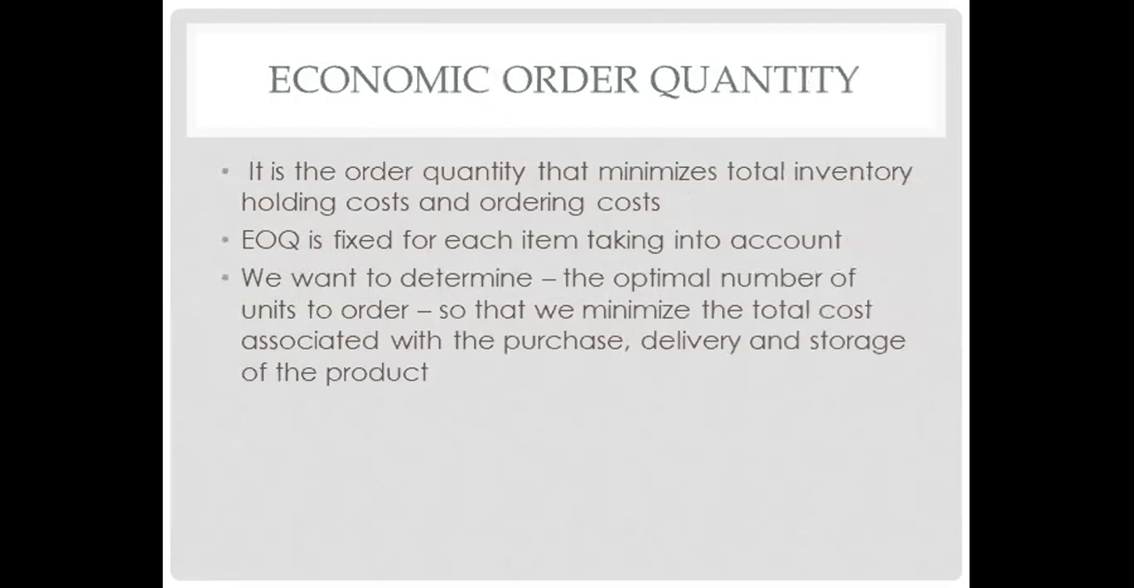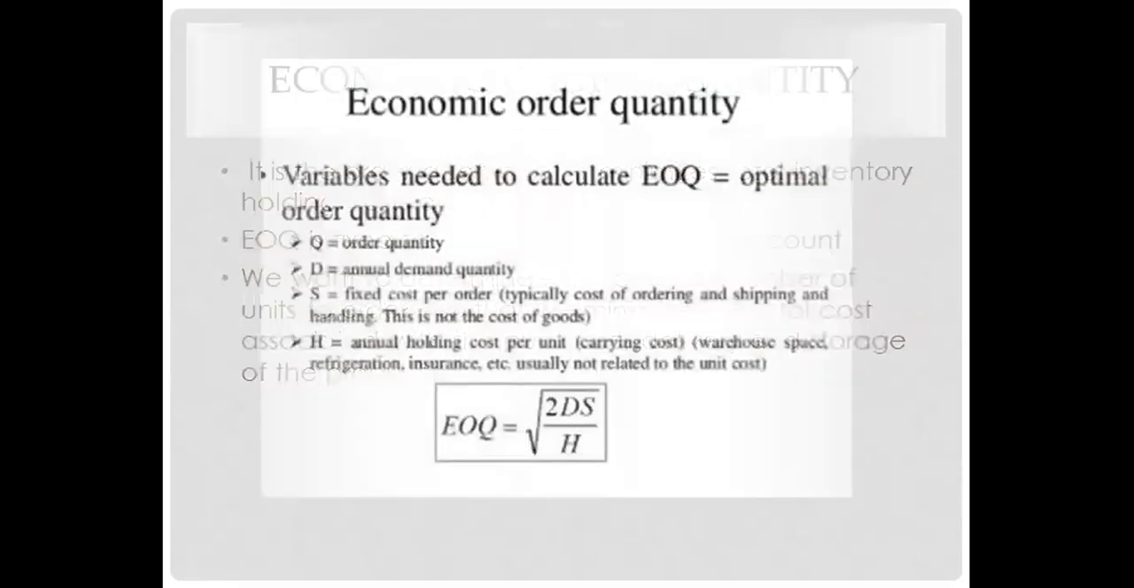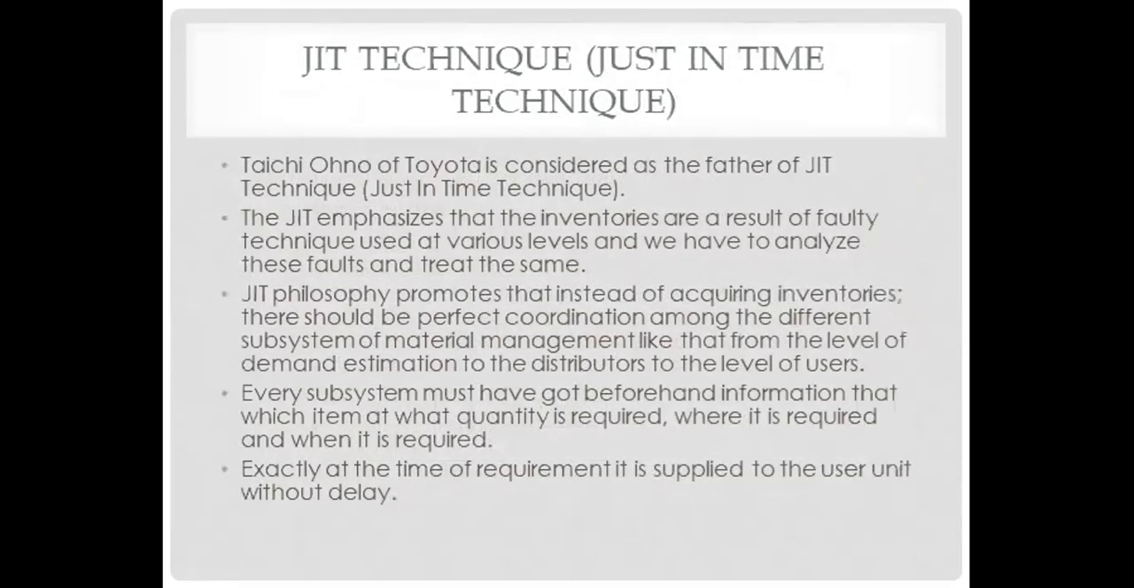And therefore, we want to determine the optimal number of units to order so that we minimize the total cost associated with purchase, delivery, and storage. In economic order quantity, there is an equation that includes order quantity, annual demand quantity, fixed order cost per year, and annual holding cost per year. There is also a JIT technique, or just in time technique, which is actually considered by